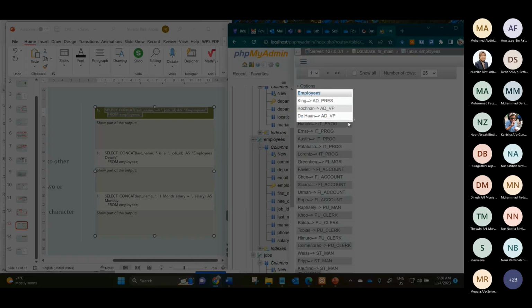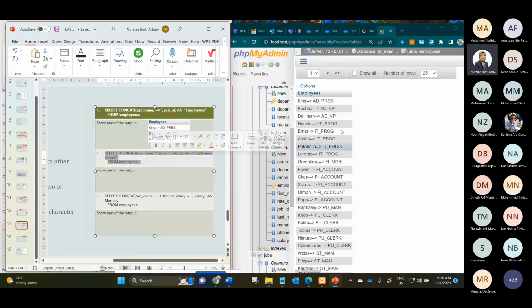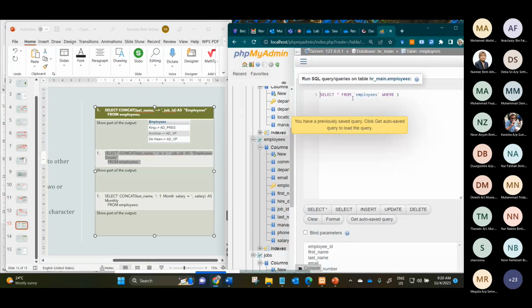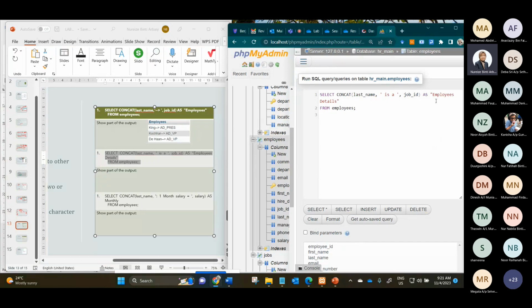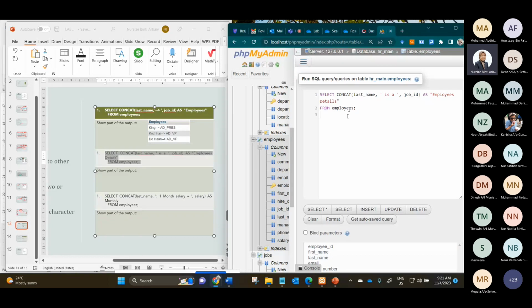Returns to us in a single table, a single column. Okay, the other exercise. Select concat, bracket, last name. We give some more additional connector, is a, with a single quote, and then job ID as employees details from table employees. Now you can see that the queries can be included with various given